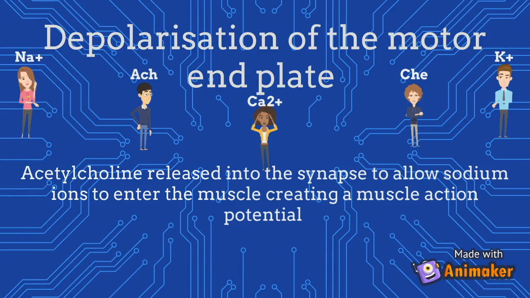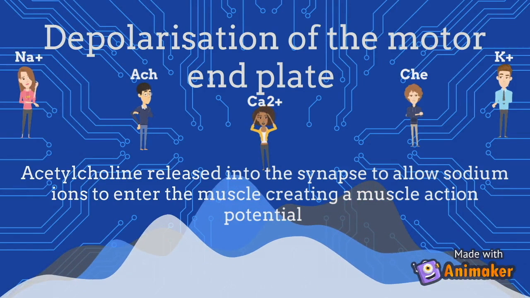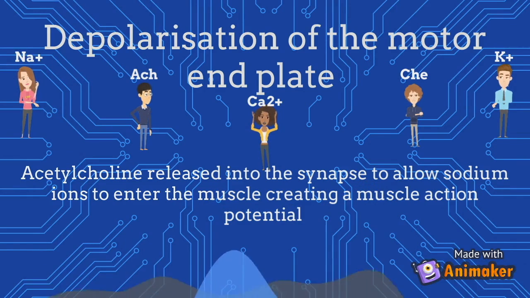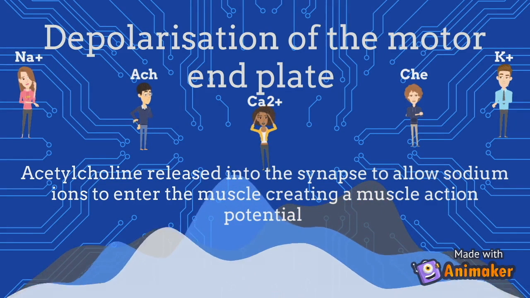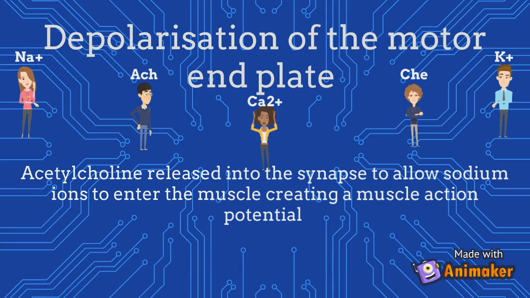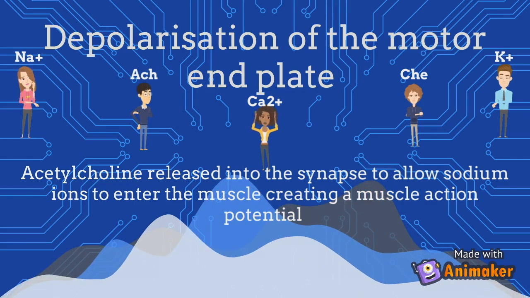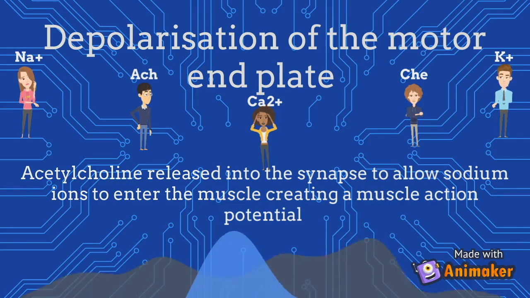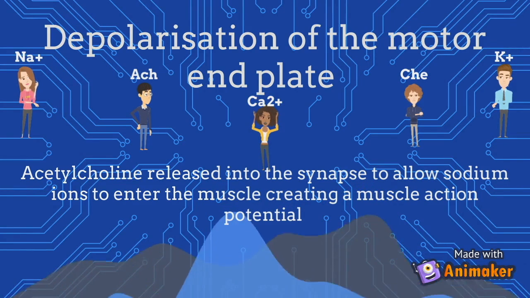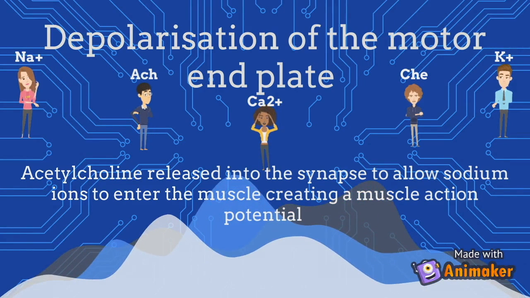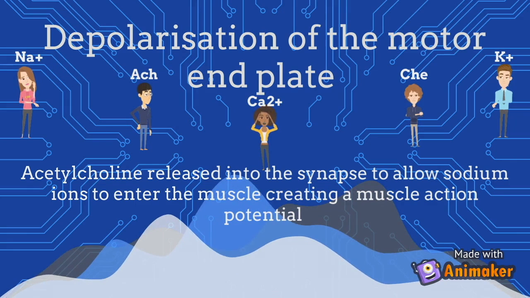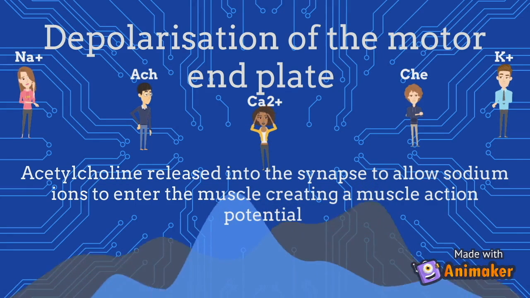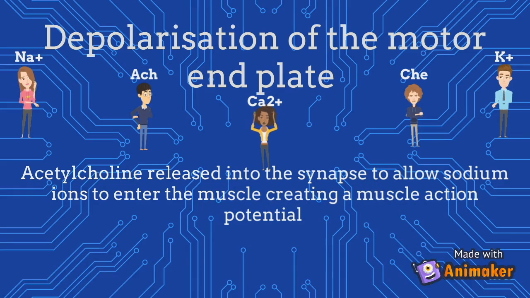We've looked at the 5 guilty personnel, we've looked at the 5 crime scenes, we're now going to look at the chain of events and what happens. We've already spoken about this a number of times. First of all is the depolarization of the motor end plate. We need to get this action potential from the neuron into the muscle in order for the muscle to be stimulated. And acetylcholine is released, assisted by calcium ions, which is triggered by the influx of sodium ions into the motor end plate, which depolarizes it and allows this acetylcholine to pass into the synapse, sit on the receptors,